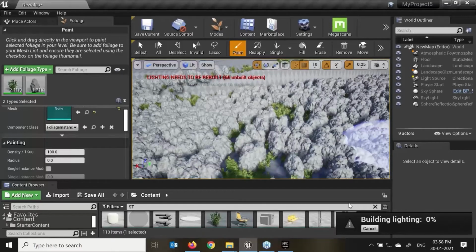So if you want to paint only the one object, yes, you can do. You need to just select that particular object. Here you'll see the orange outline border over here.